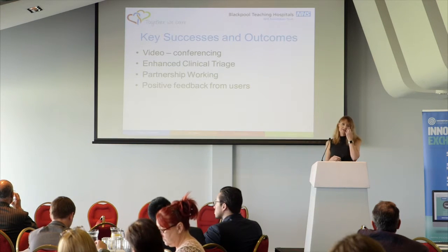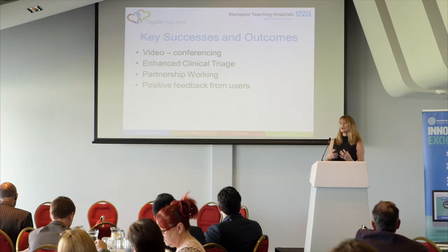The key success, obviously the remote monitoring, the virtual consultation. Our parties from the care coordination and the homes found it was really important to have that virtual consultation and simple to use. The fact that they did have the observations, which were done daily, did enhance their clinical triage. And obviously what was most important was the partnership working with the other services from the urgent care centre and ourselves, our local hospital. And real positive feedback from the care homes in how simple the technology was to use